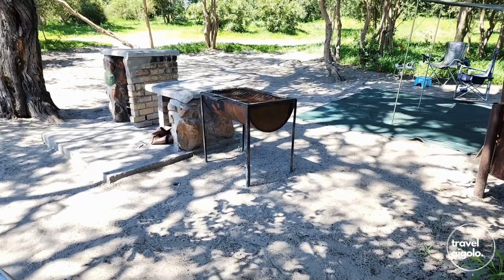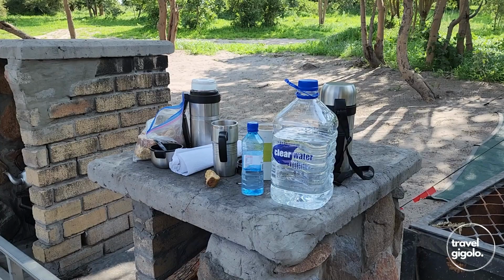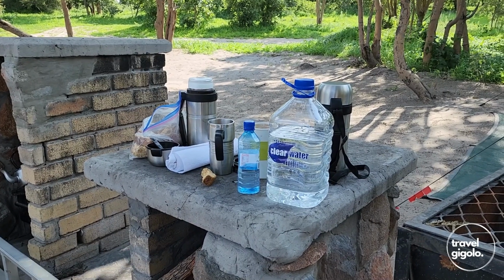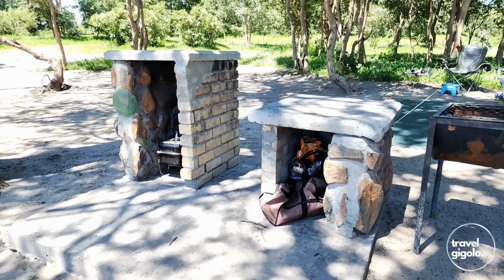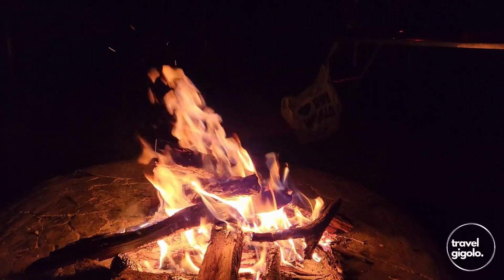There's a braai stand at each campsite, a nice little drum with a grid on top of it, so that's quite convenient to have. In addition to that, there are concrete work surfaces, so you can put your food on top of there, whatever stuff you want to keep off the ground, and there's also a concrete plinth around that. There is also a nice concrete fire pit, which I love having. A campsite with a fire pit